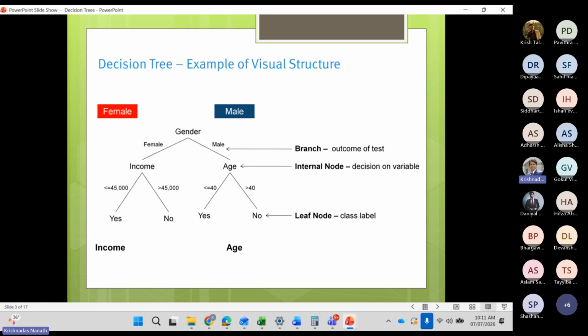If gender is male, then check the age. If age is greater than 40, person will not vote. If age is less than 40, person will vote. If gender is female and income is greater than 45,000, person will not vote. If gender is female and income is less than 45,000, then person will vote. Eventually, it is if else, if else, if else.